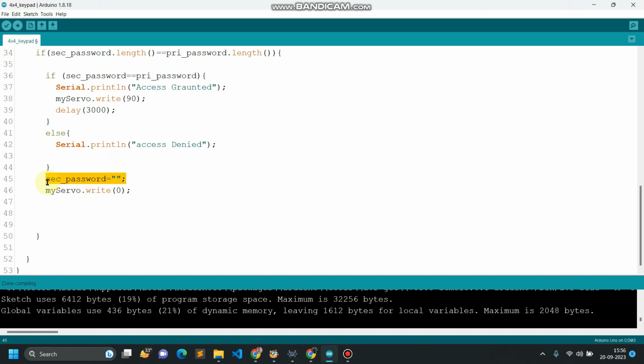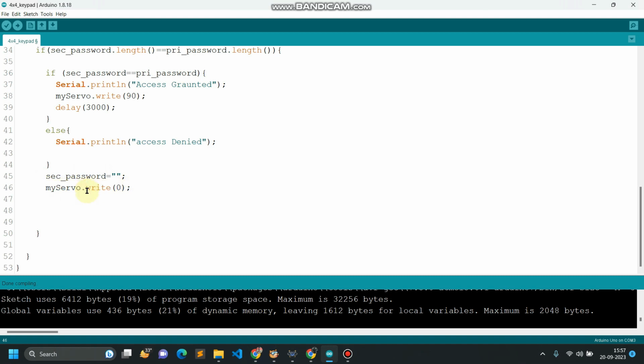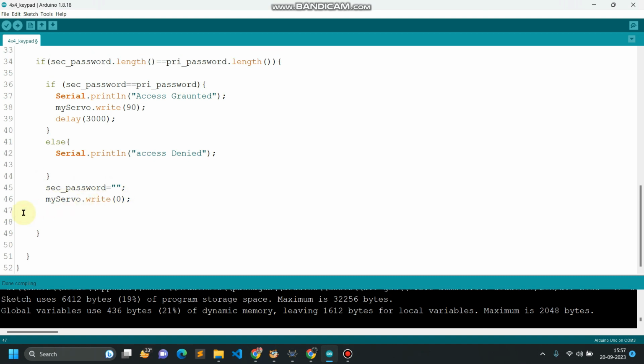This is similar to the phone lock system when we are entering a password or a pin on a mobile phone for unlocking. If the password is incorrect, then all the previously entered values get erased from the screen and the system asks us to enter a new password. So this is the same thing, and at the end I'm rotating my servo again to 0 degrees. So this is the flow of the code. Firstly,